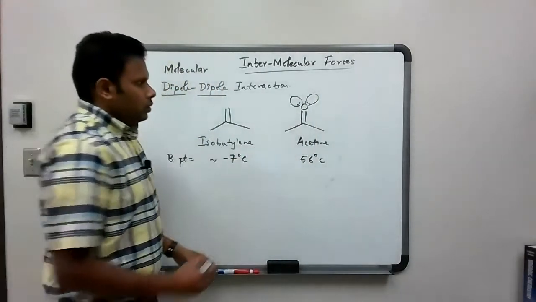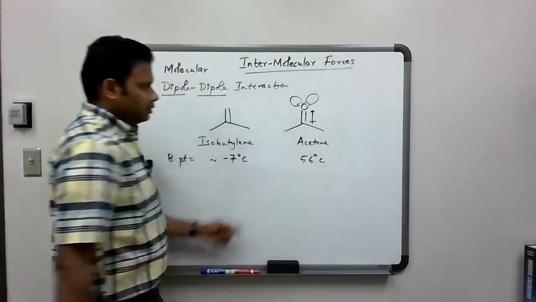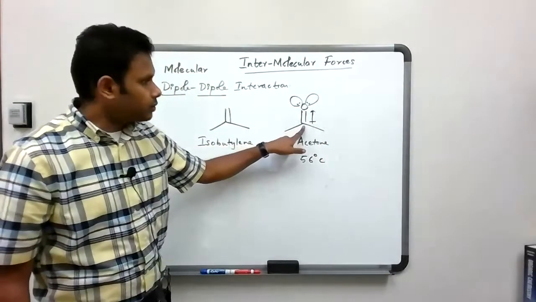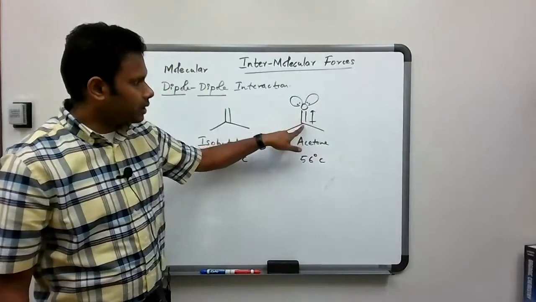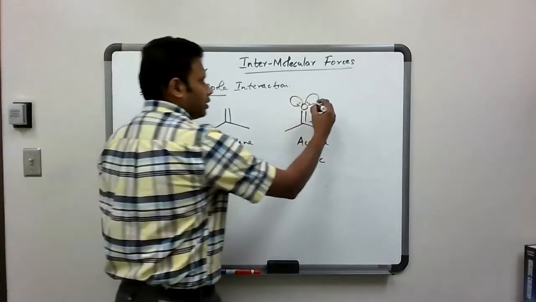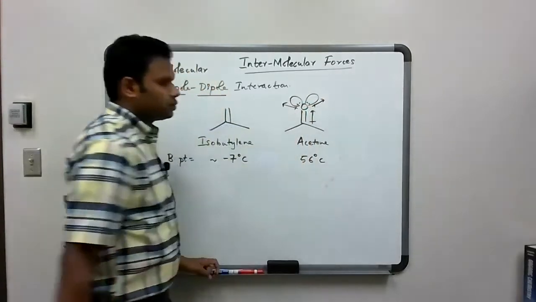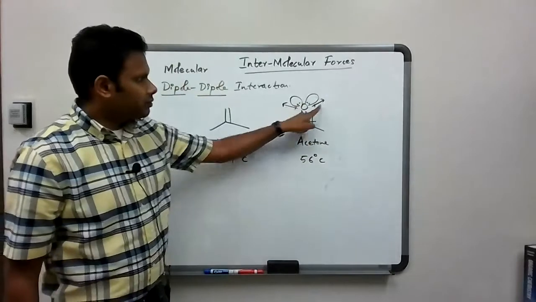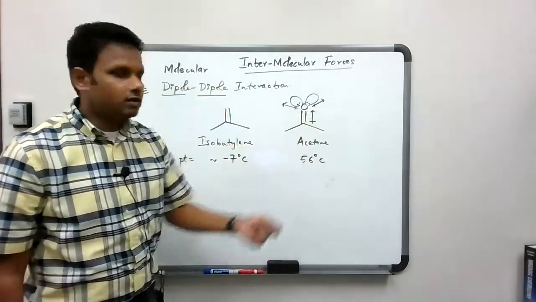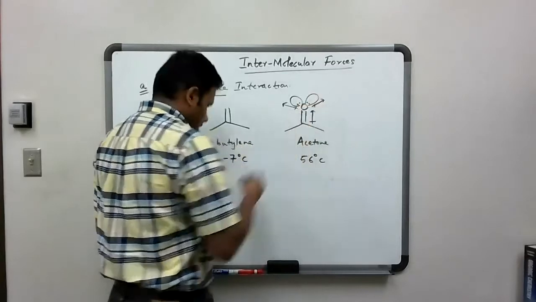So there must be a bond dipole here. Carbon is less electronegative than oxygen, so I have the positive end here, negative end towards the oxygen. Similarly, for the lone pairs, I can draw dipoles for the 2 lone pairs. Since I have 2 lone pairs, going back to the molecular dipole video, now we can